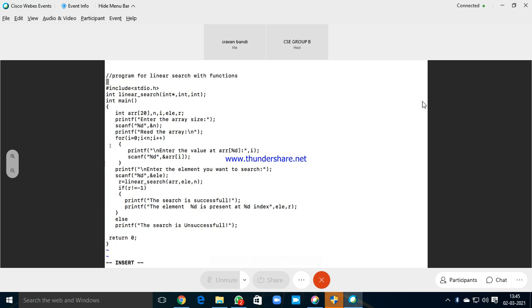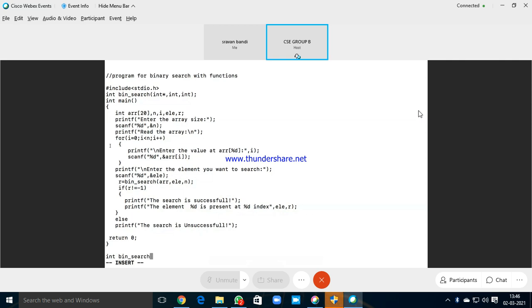This is for binary search. In main, we'll read the array, search, and call the bin search. Again, everything is the same. So we'll come to the actual function.